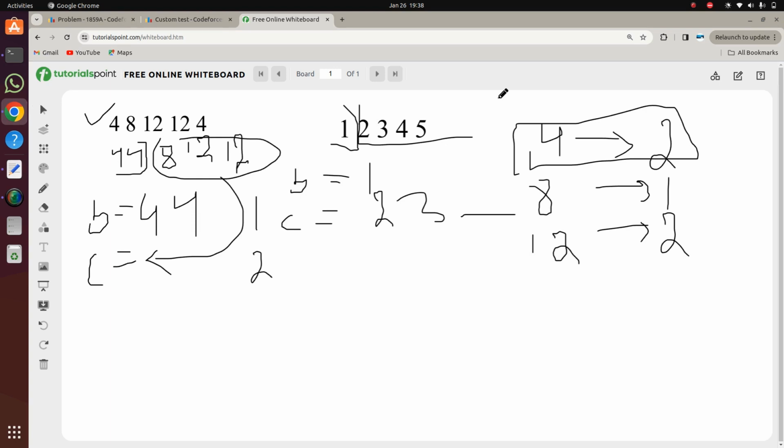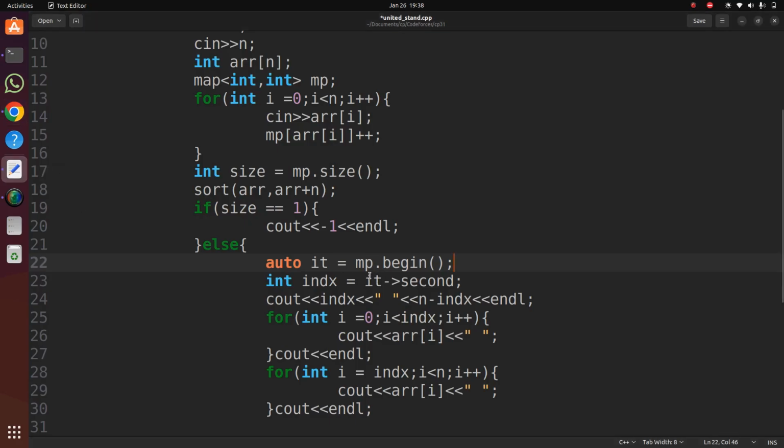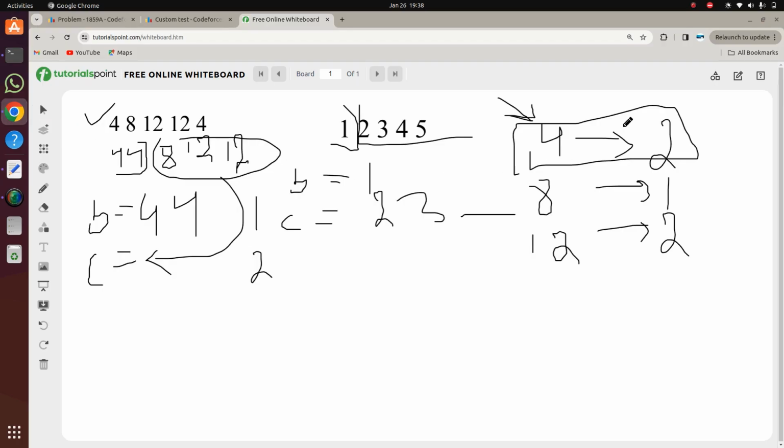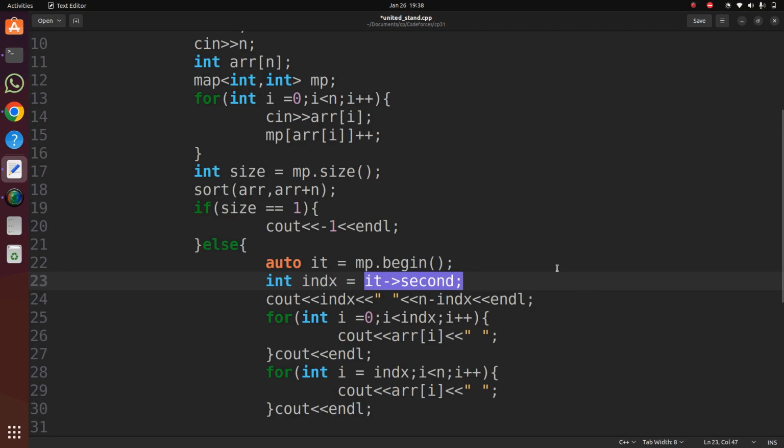I put the iterator here, and from IT, and from this parameter I get the axis of this 2, and this 2 I have stored in index. This 2 I will store in index only, and after that